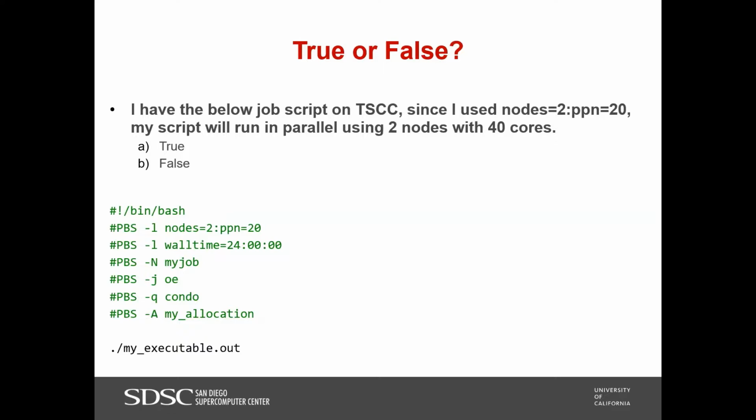It depends on your program itself, on your code. That's the thing you need to pay attention to. So please do not assume that once your job is running on 2 nodes, your program can run in parallel automatically. That's not true.